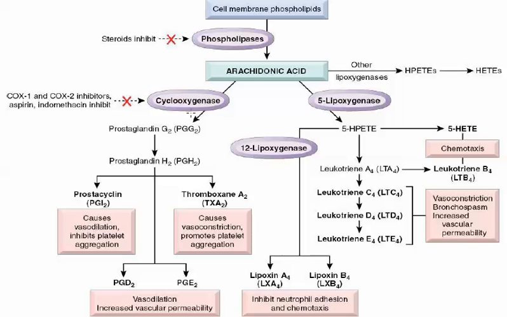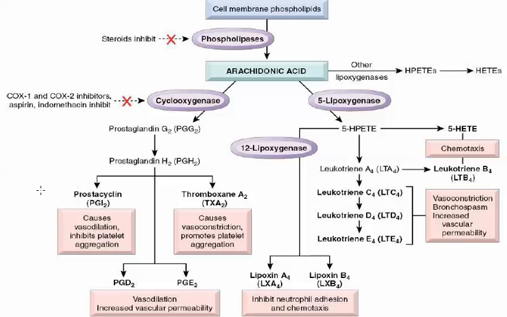Immediately you might notice here up on the left, COX-1 and COX-2 inhibitors. Aspirin and indomethacin inhibit what? Cyclooxygenase. And the steroids inhibit phospholipases. So remember before we discussed the fatty acid breakdown and phospholipids. Well, here we can look at this figure, and we should recognize here that in the inflammation process we have